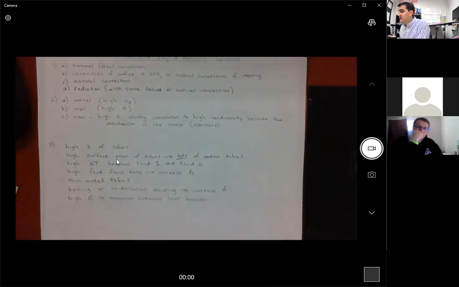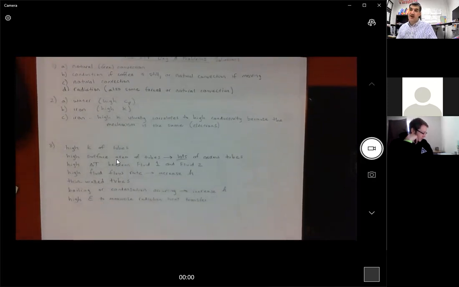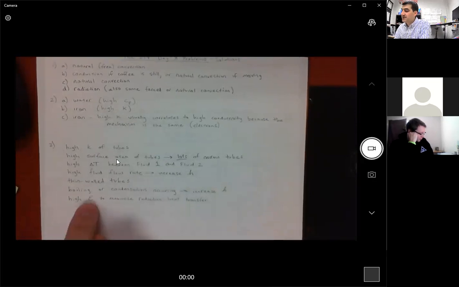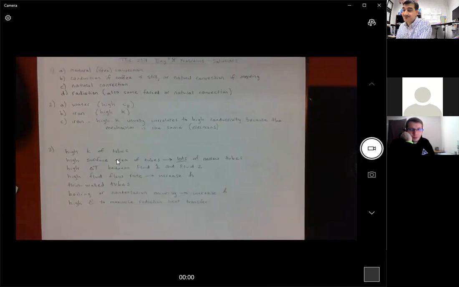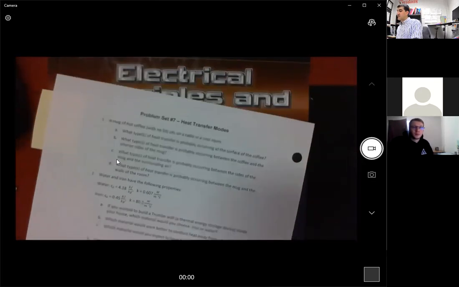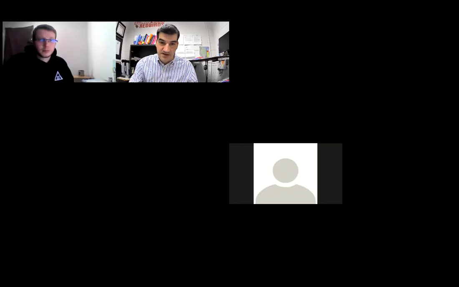And lastly, for radiation, if we can use a high emissivity material, that's what that means, that's going to maximize the amount of radiation heat transfer that we could possibly get from, say, the outer wall of the tube to the fluid that's going over it. So that would probably be a pretty small effect, but could be something. All right, so those are all the answers to problem set number 7. I will stop